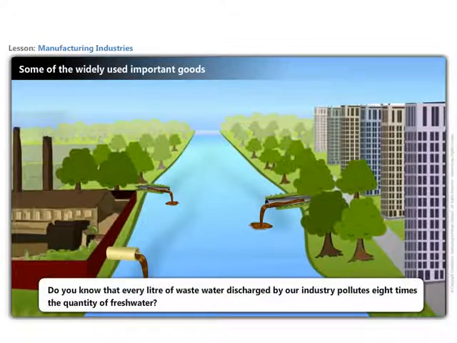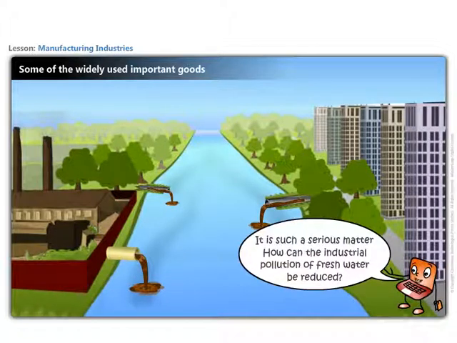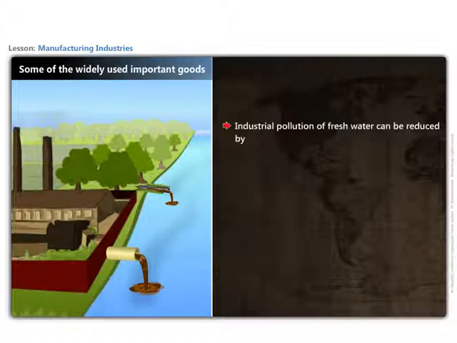Do you know that every liter of wastewater discharged by our industry pollutes 8 times the quantity of fresh water? It is such a serious matter. How can the industrial pollution of fresh water be reduced? Industrial pollution of fresh water can be reduced by